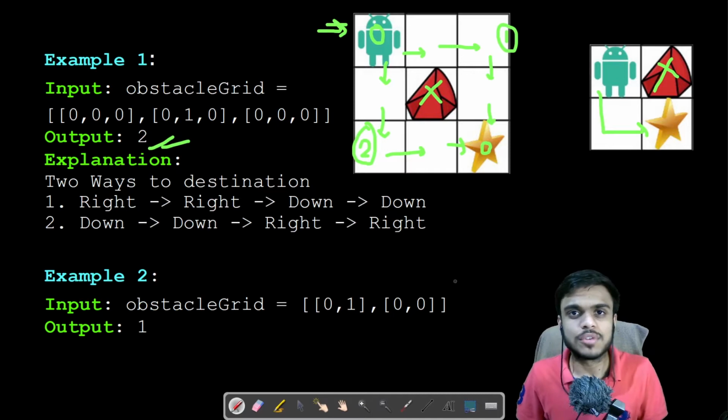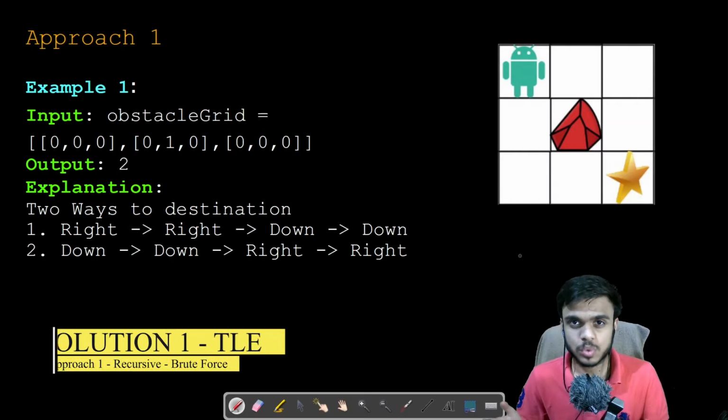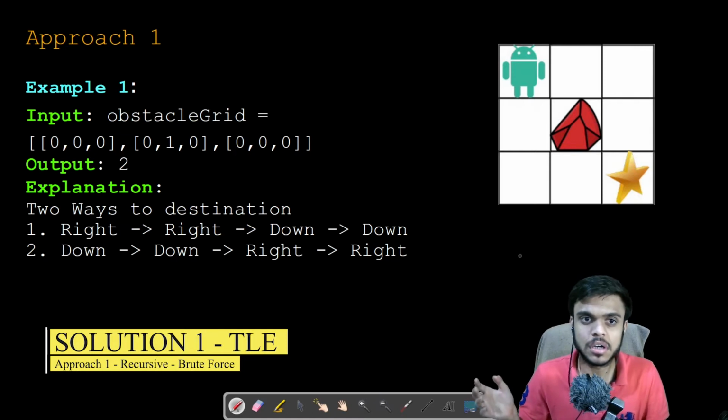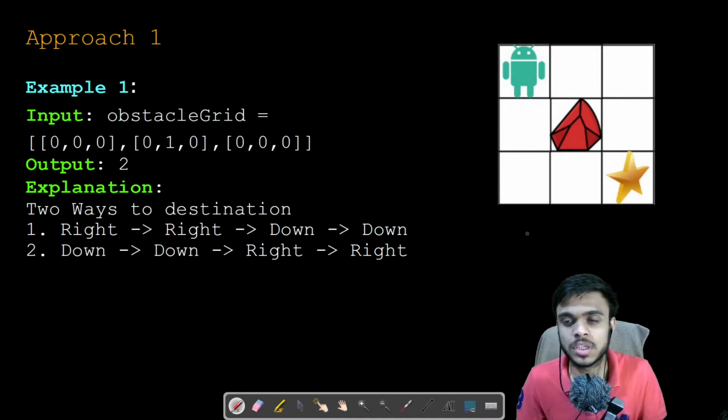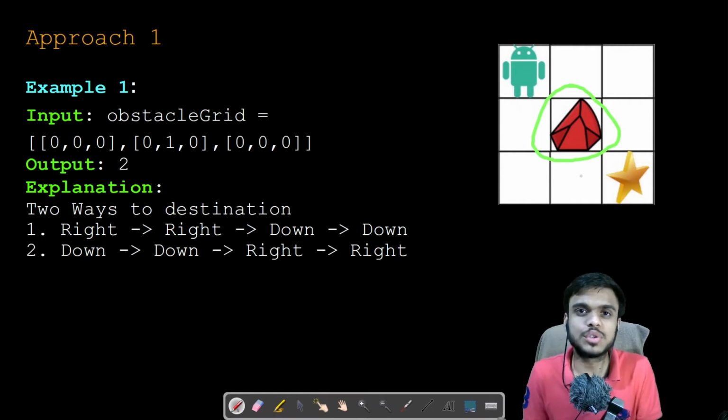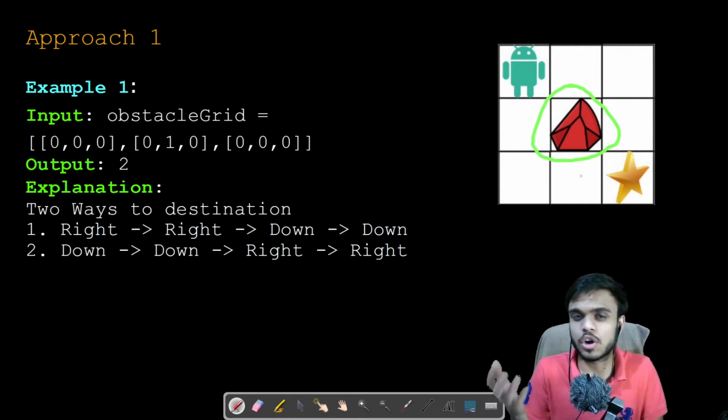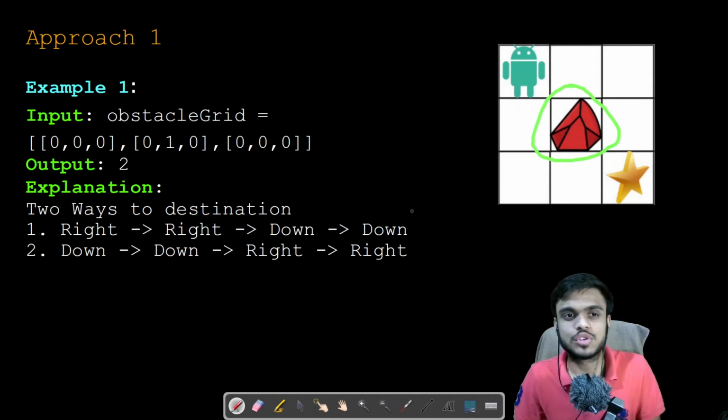Now let us look at how we can solve this problem. If you have solved Unique Paths 1, which is another LeetCode question, then this question should be really easy for you, because the only thing added in this question is the obstacles. So for the solution, the simple thing to be added is a conditional check. If there are obstacles, then we do not go ahead, that's it. Anyway, for those who have not solved that question, let us look at how we can approach the solution from the basics.